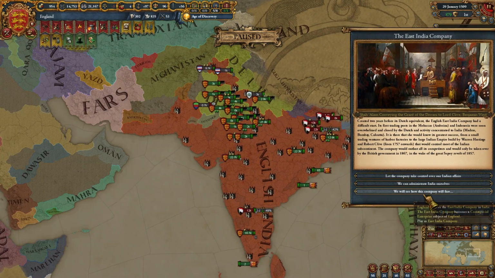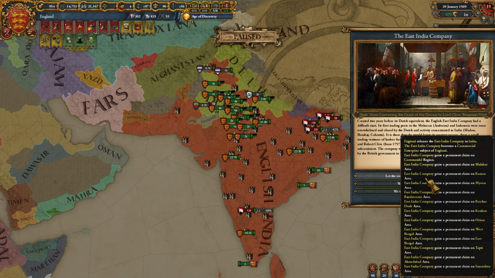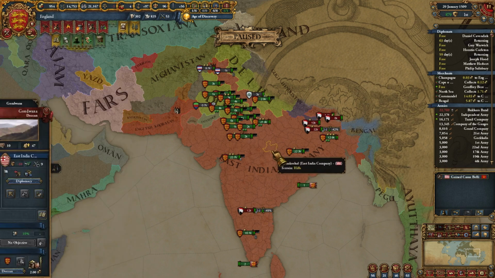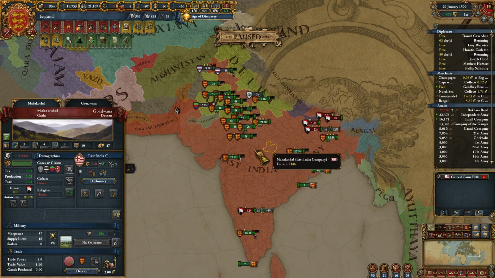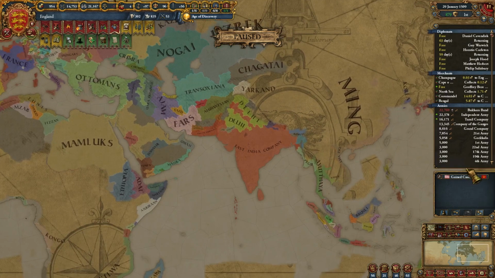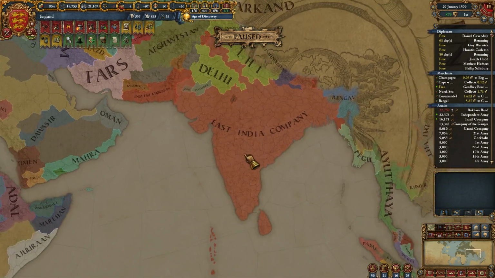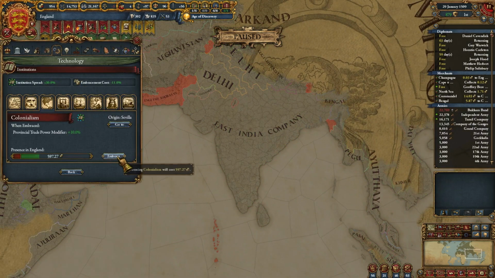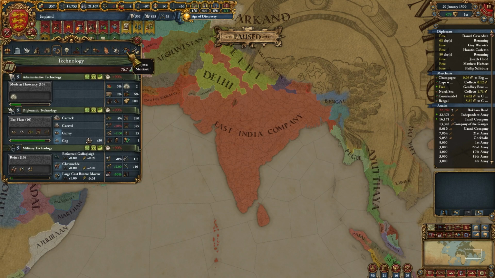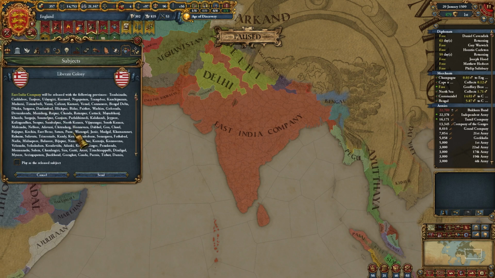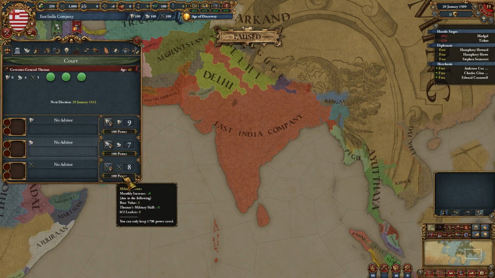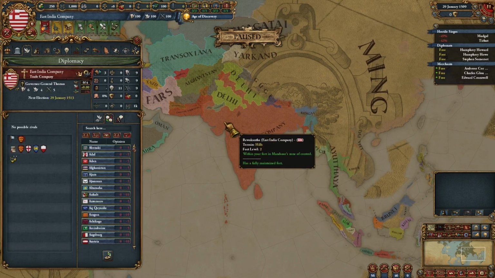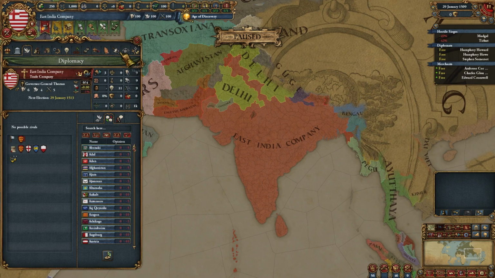I'm not going to choose the third option, which lets you play as the East India Company, because there's a little trick. If you choose the first option, which I did in my game, then you release the East India Company as a subject, which gets all of the provinces as full cores. Now, this is of course my subject and I'm not playing it, but it is counted as a colonial nation subject, which means that I can go to the subject interactions, click on the East India Company, click on release and play as, and now I am the East India Company in 1509 with